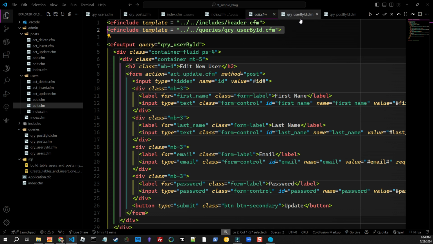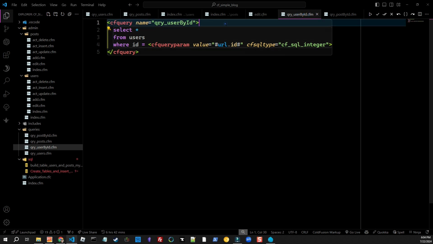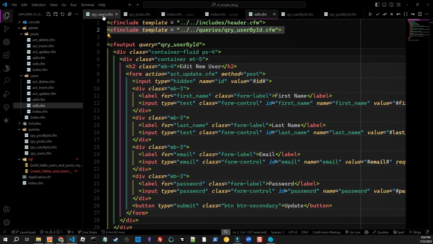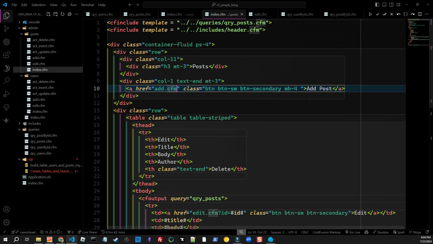Let's go up here to user by user ID. See, right now it's just using URL ID. Well, what if I'm clicking the add button? Let's see here. If I'm clicking on the add button here, it's not going to give me which user, but when I get a login system, it's going to give me which user, and I could actually put in